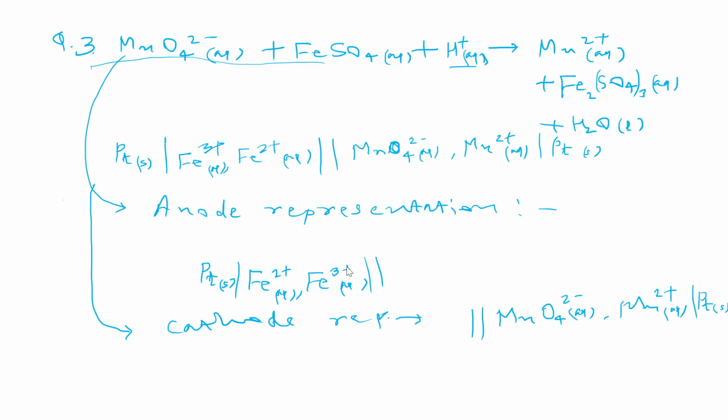You got it? And when we add these two representations, or write both simultaneously, we get the full cell representation. Okay, so you may be asked about the half cell representation also, and you can represent it in this way. Yes, sir. Now we are taking one more question based on this. You are given a representation of a cell, and with the help of this representation you have to answer some questions.